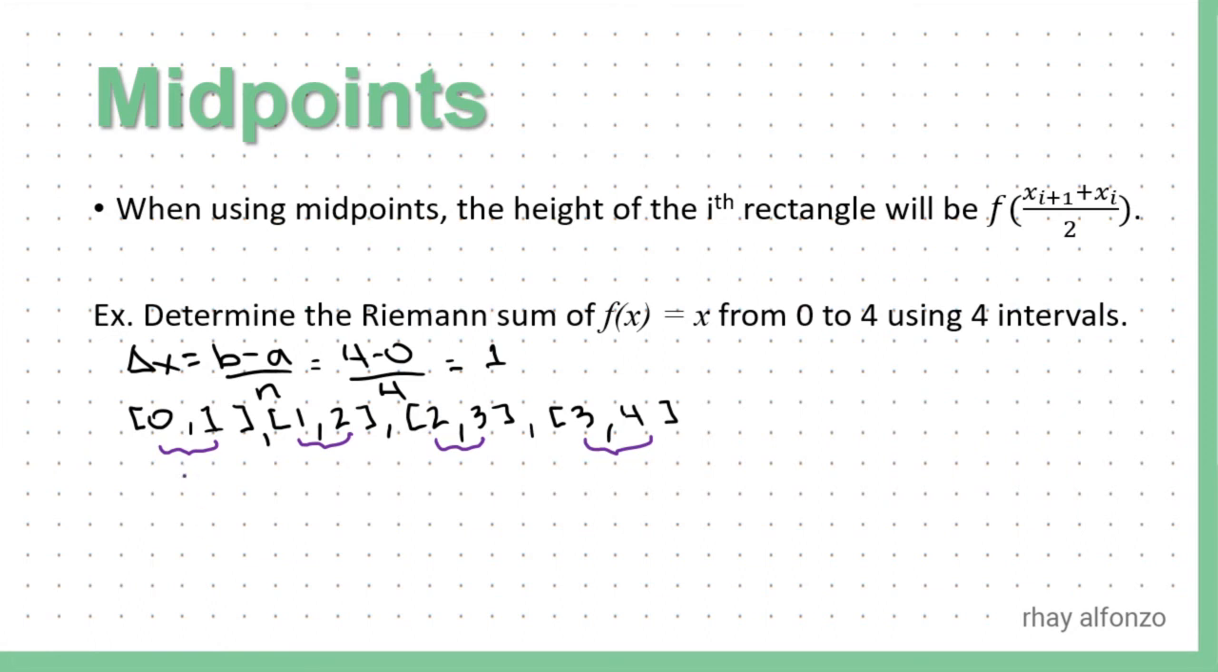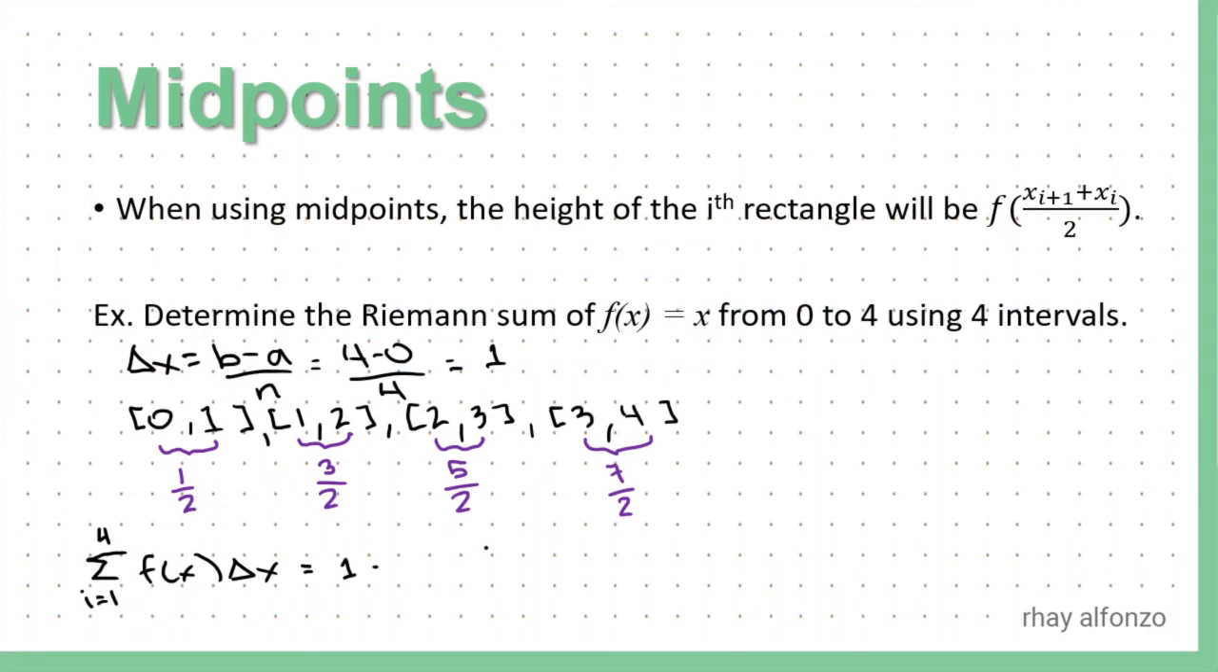So 0 plus 1 divided by 2 is 1 half. 1 plus 2 is 3 divided by 2 is 3 halves. 2 plus 3 divided by 2 is 5 halves. And 3 plus 4 divided by 2 is 7 halves. Using these midpoints in order to compute our Riemann sum, we get the summation of f of x times delta x from i is equal to 1 to n, and our n is equal to 4, equal to,